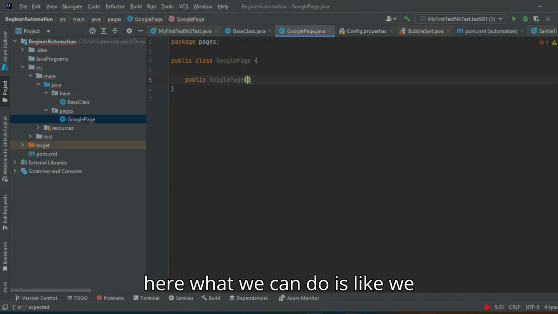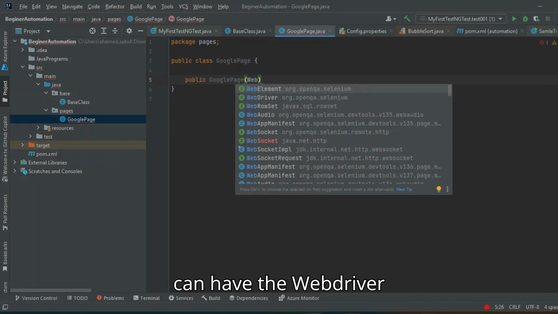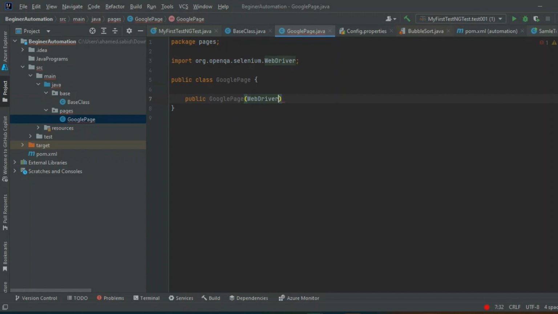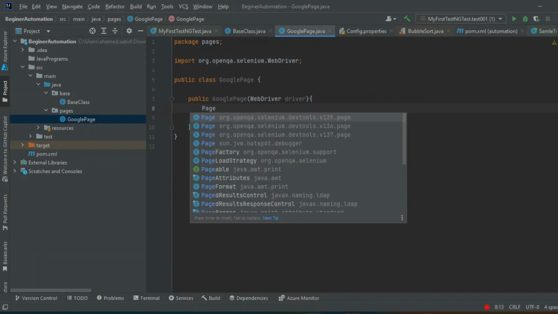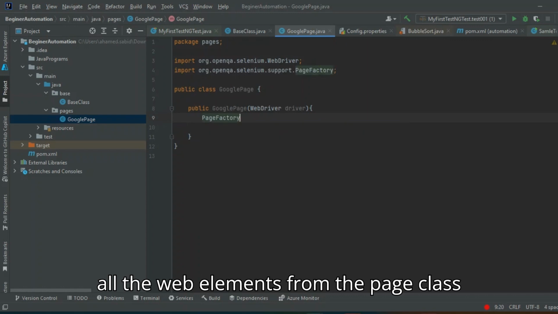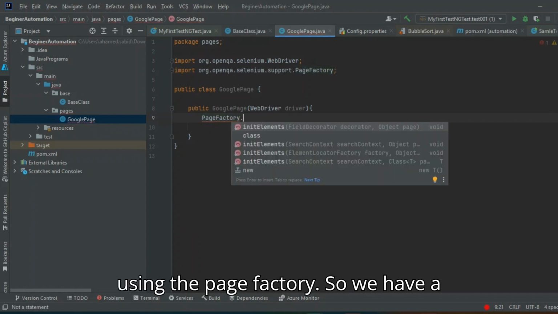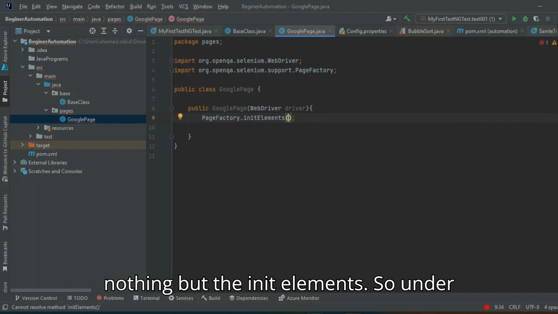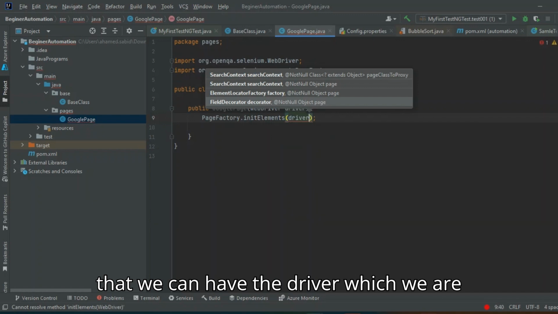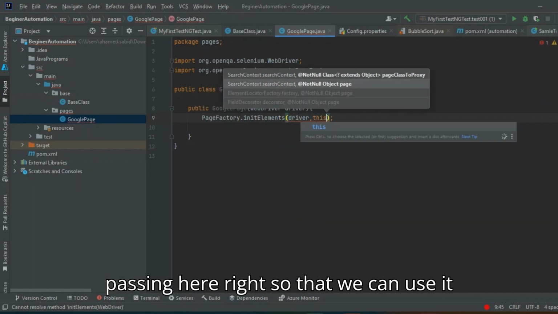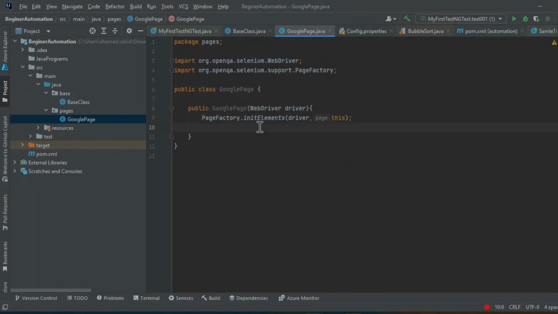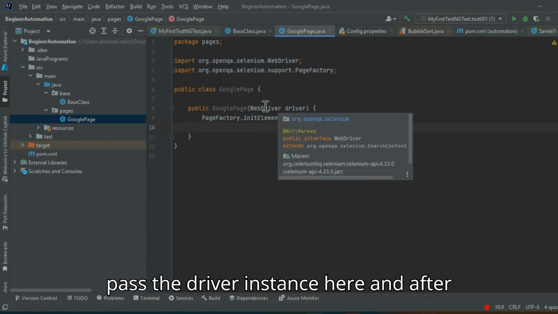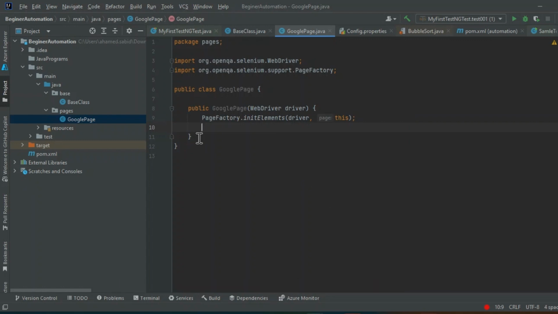So here what we can do is we can have the web driver, then inside that we can initialize all the web elements from the page class using the page factory. So we have a built-in function under page factory, nothing but the init elements. So under that we can have the driver which we are passing here, right? So that we can use it here. So I guess we can pass the driver instance here. Then after that,